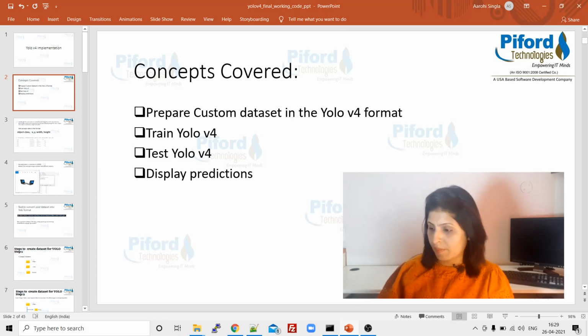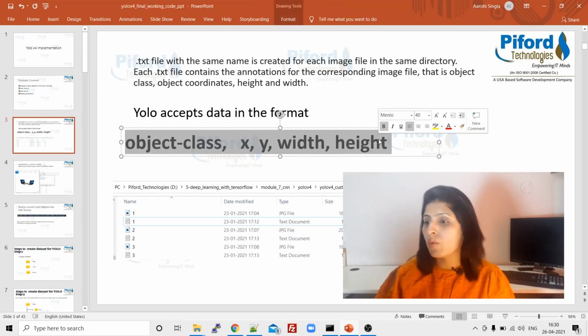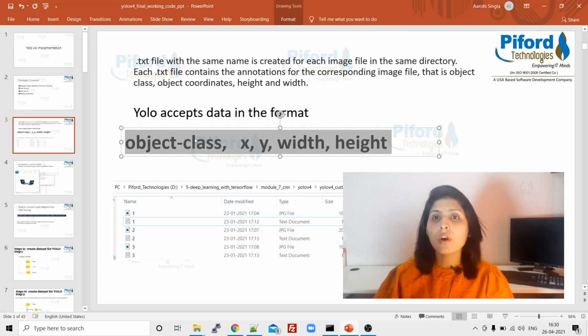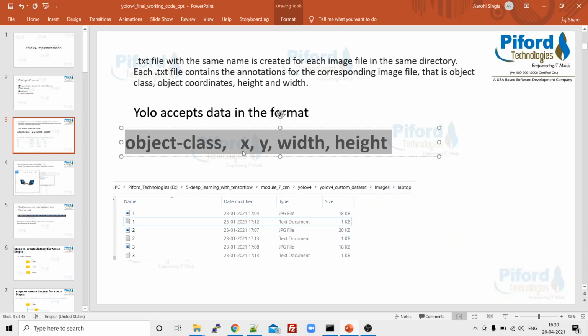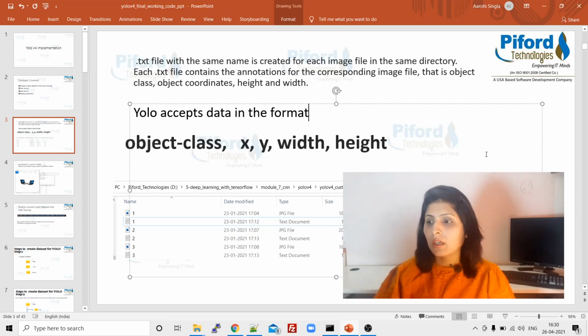So let's begin. If I talk about YOLO version 4, this is the format which YOLO v4 accepts. What is the format? First of all, it wants a class name, whatever the class name is. Then these are the coordinates, the x and y coordinates, and the width and height of the object.